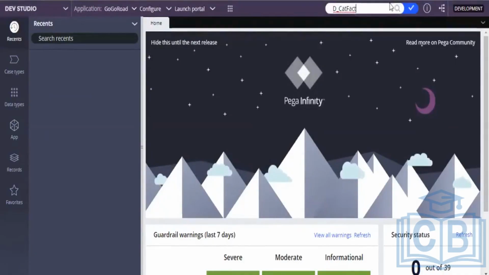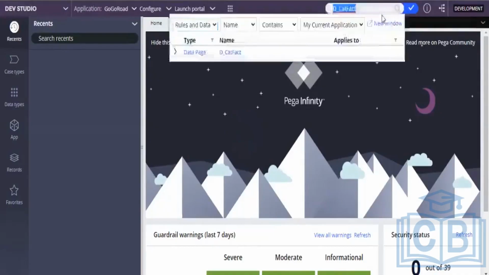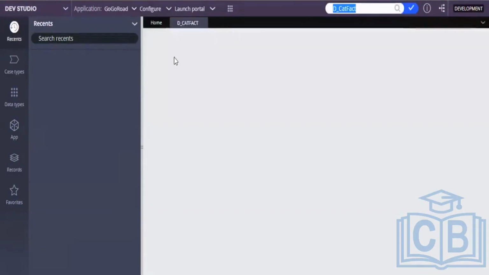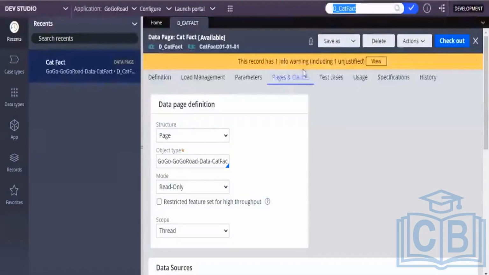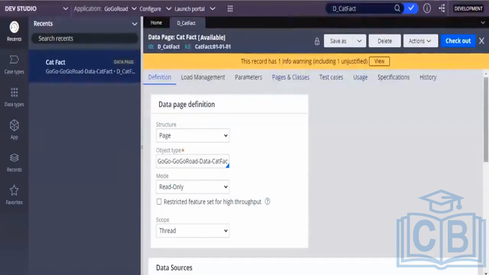Just open this data page and see the source. Come down and see the source.